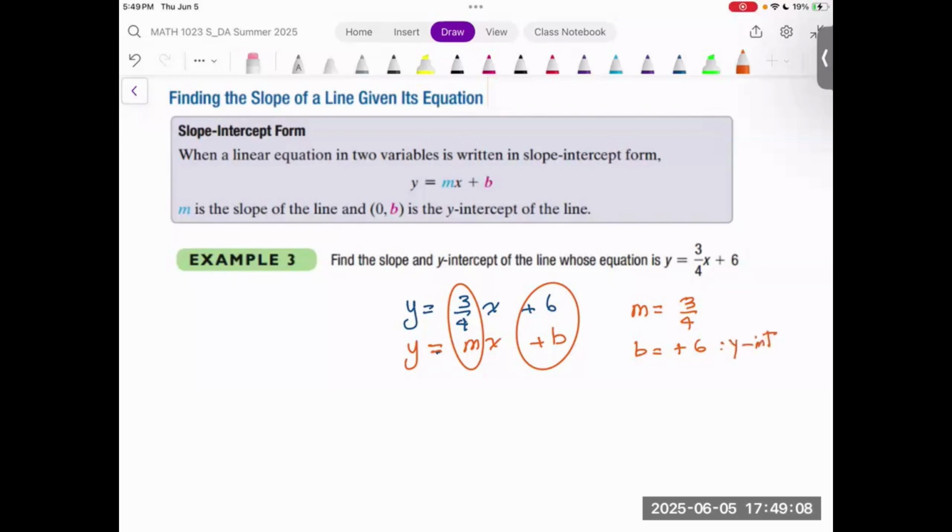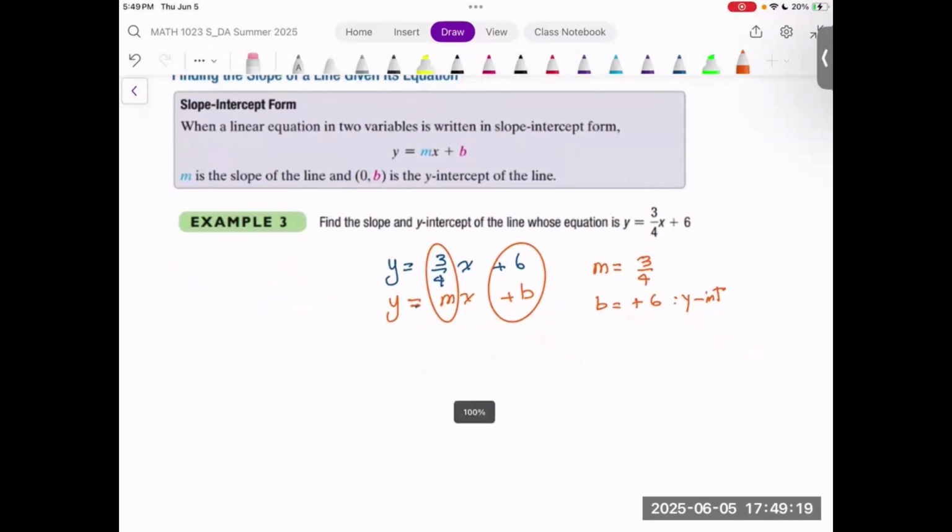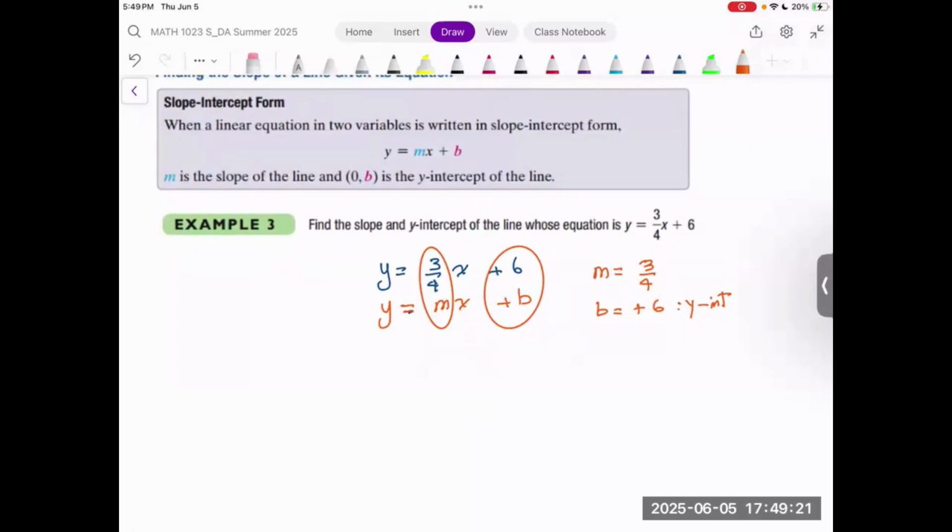So we are familiar with the y-intercept. What's the meaning of the y-intercept? That's where the graph is going to intercept the y-axis, right? You're going to be at that point. Very good. So now, if I wanna graph this, so what's going to happen is,